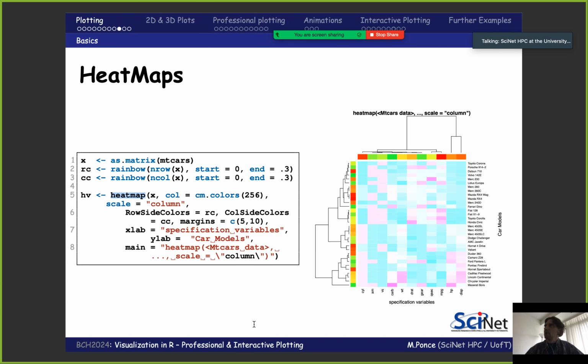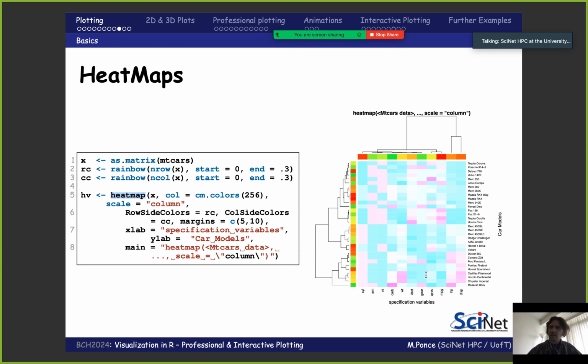There is another, pheatmap, I believe, sorry, that allows you to create more customizable heat maps. For instance, one downside of the heatmap function is I cannot put here a color bar specifying which are the actual values associated to each color. That's a pity, but that's something that is not present in this function. But by using packages like heatmap.2 or pheatmap, that is easily fixed. Okay, just to show you the very basic functionalities that it offers.